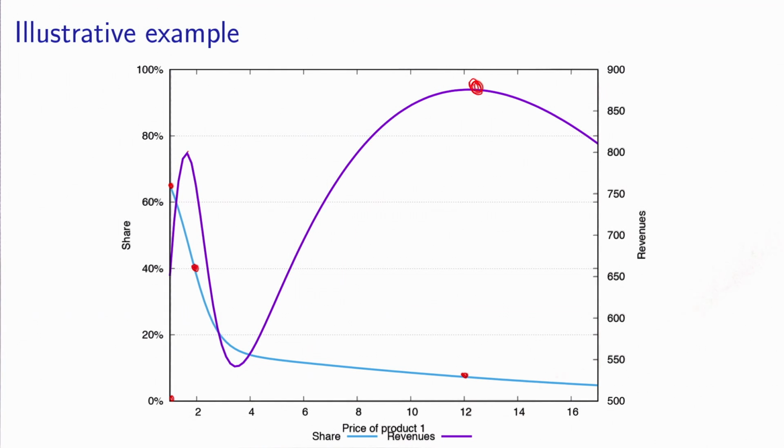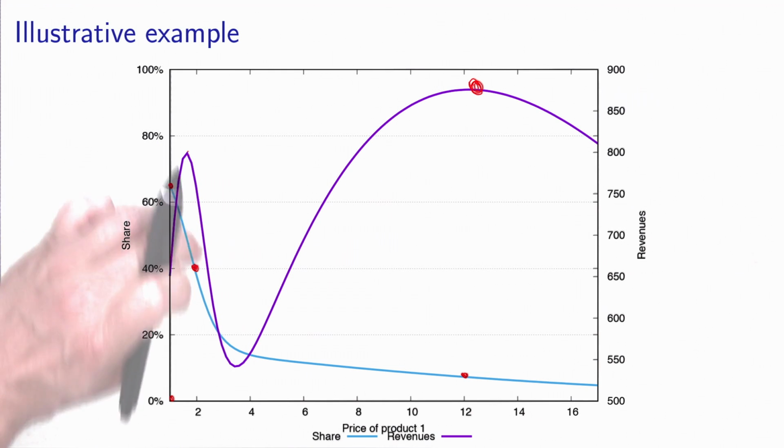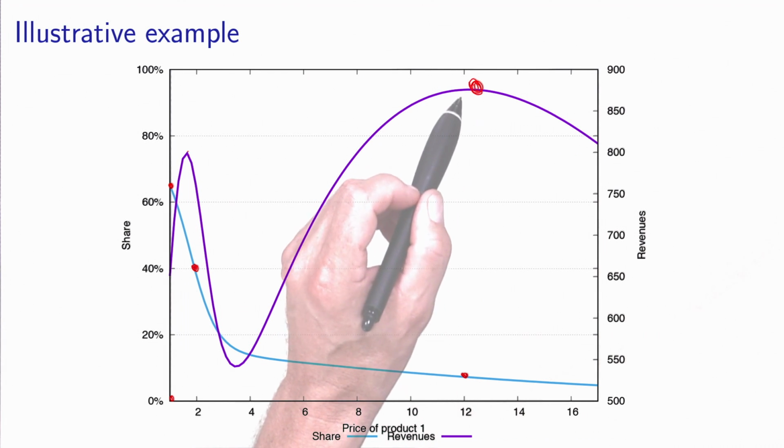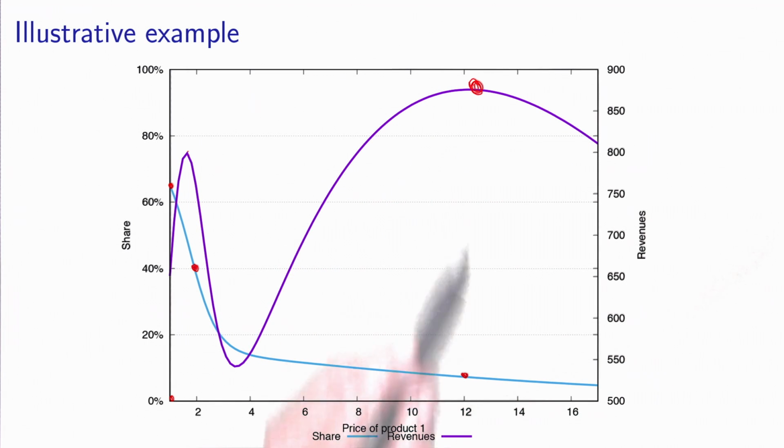And therefore, it's really a market decision that you have to make. Which group should I target? Well, if I target the people who are very price sensitive, not only will I make less revenue, but I will lose them very quickly if I make some adjustment to the price. While if I target the second group, less price sensitive, who are willing to pay more for my product, not only will I generate more revenue, we are talking about almost 900 here, but they will also be less sensitive to modification of the prices. So in this very example, it may be wise, for the sake of revenue maximization, to decide to put a high price to target the second group of the population and to generate more revenues.